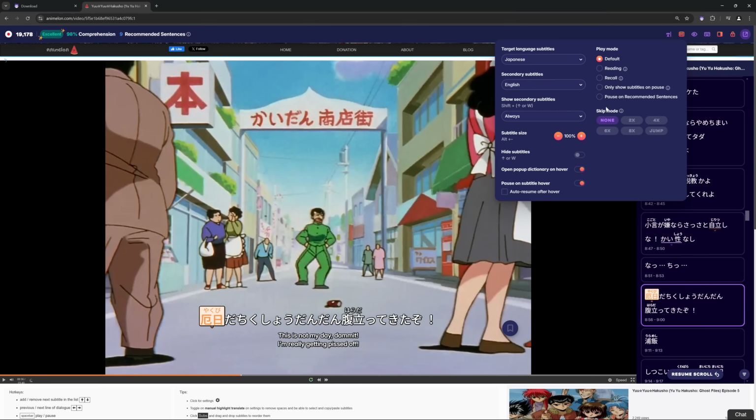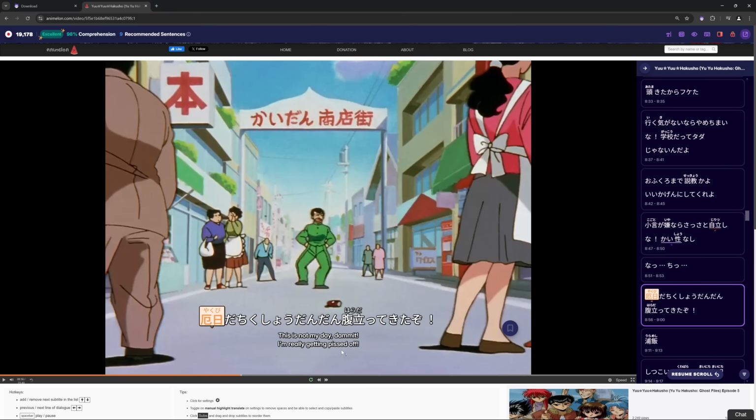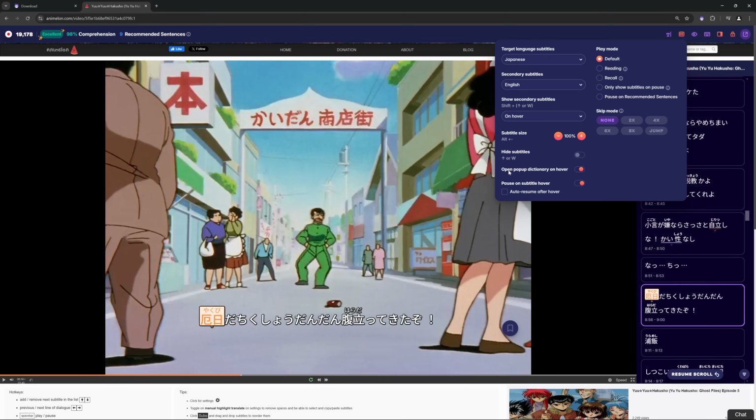be the English ones. This of course depends on if they're available, and I like to put this show secondary subtitles either on never or on hover, meaning that it's only going to show the translation when I hover over it. Next, I also like to disable open pop-up dictionary on hover and pause on subtitle hover. There are a bunch of other options here as well, all of which you can check out by yourself, but